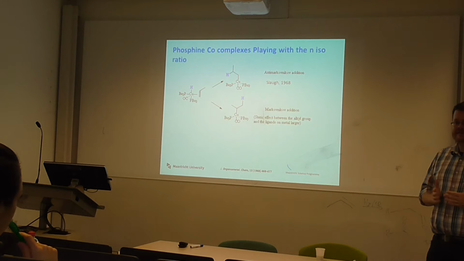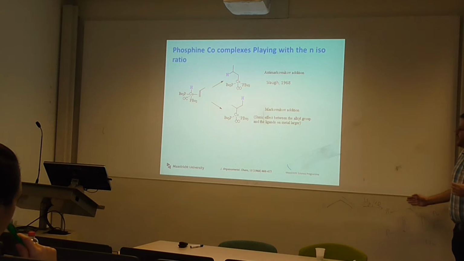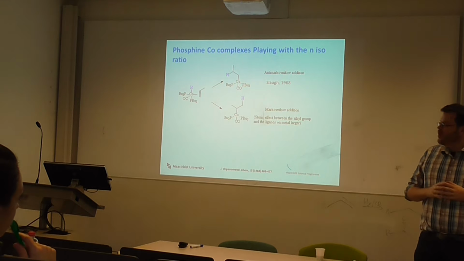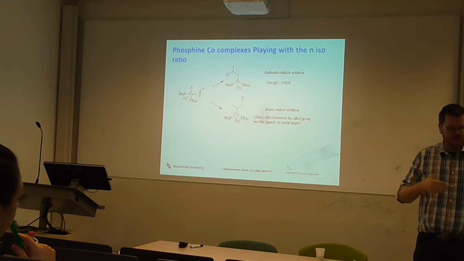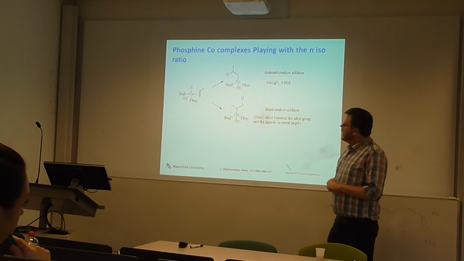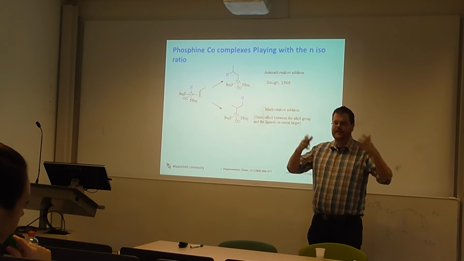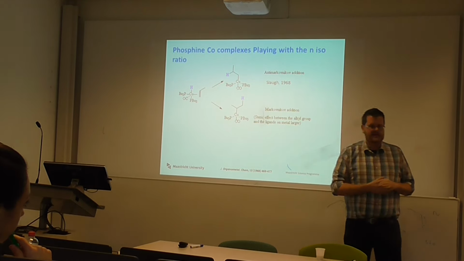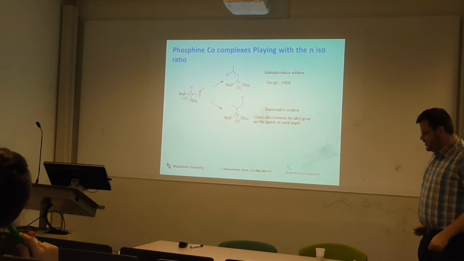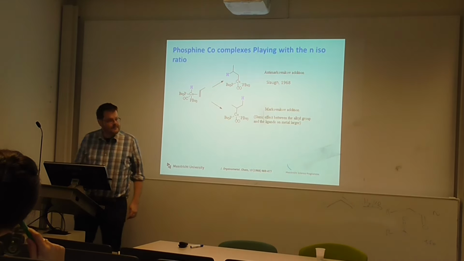Does it increase or decrease? And let's look at if we can change the N to iso ratio by changing the ligand. So instead of using HCo(CO)4, which is the original, let's say, first generation system, Otto Roelen's, let's throw in phosphines, which will then basically react with the HCo(CO)4 and generate a species like that. Now, the interesting thing is, if you imagine doing that, as we see in this graphic here,